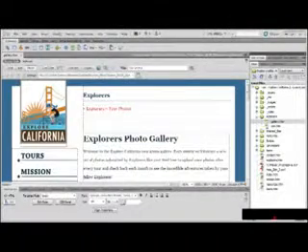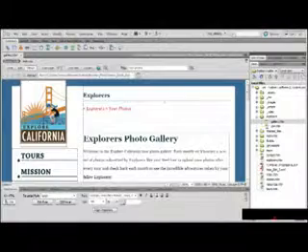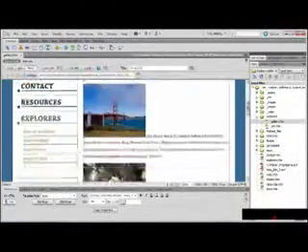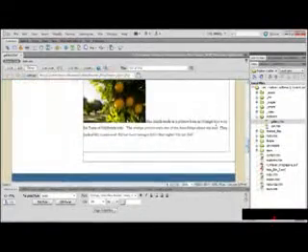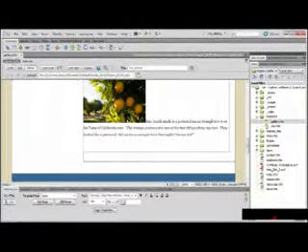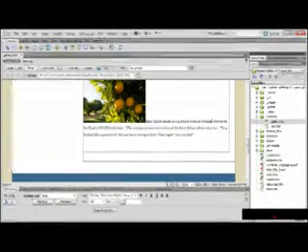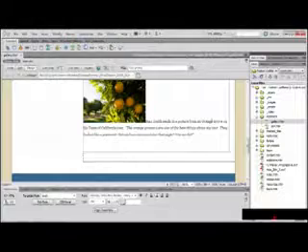So here we have our gallery.html file open, and this is from the 0806 Explorers folder, and I've got a banner graphic that I want to place on the page just below all of my photos. Now, currently, the banner graphic is simply a Photoshop file, and it's a layered Photoshop file because occasionally we're going to need to have different seasonal banner graphics, maybe a spring, a summer, a winter, that sort of thing. So in a non-integrated workflow, I would be forced to go into Photoshop, export this out as a